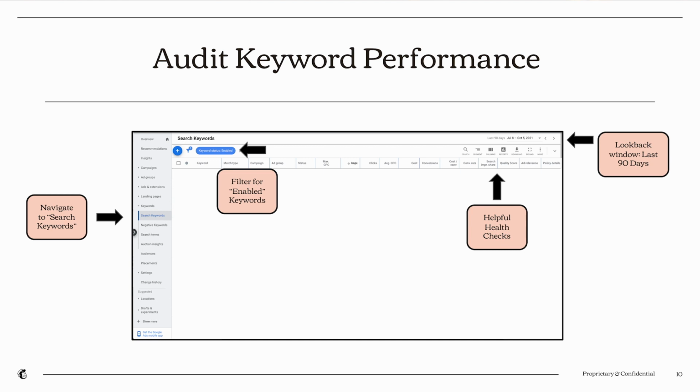Next, on the right-hand side in the upper corner, I've adjusted the date range. Here I'm looking at the last 90 days. For me, that tends to be a sweet spot, so you have relatively recent data and enough data density to make optimizations off of. If you do a shorter time frame, so say 7 or 14 days, there might be some volatility in your performance that skews those results, and then you're making optimizations off of maybe what's not the norm for you.